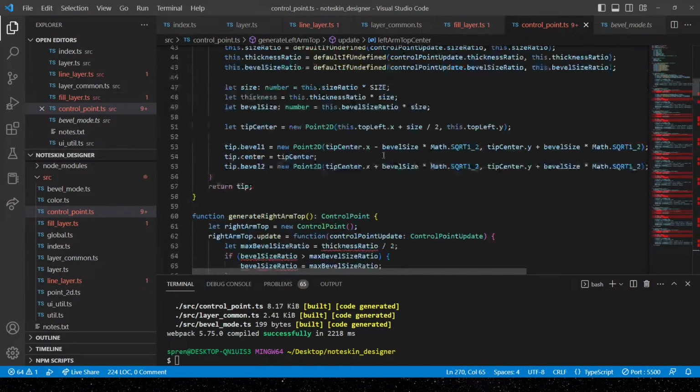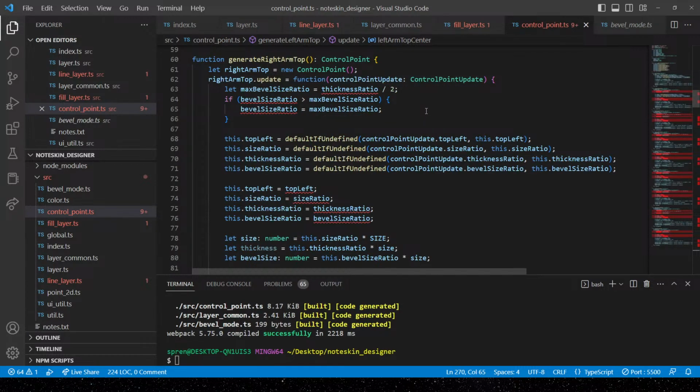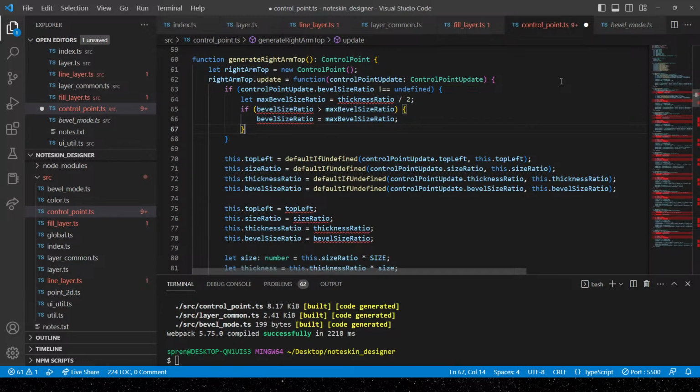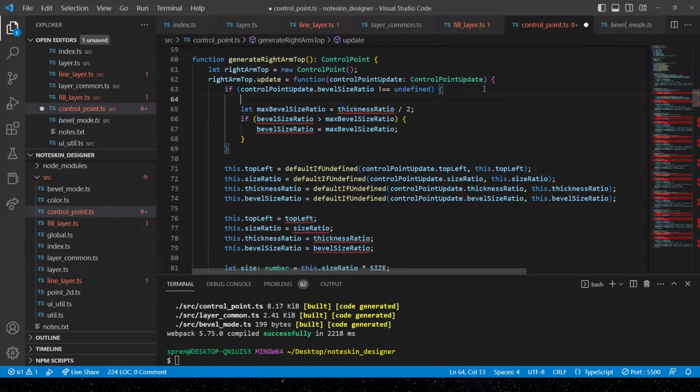Okay. Now the validation. We say if control point update dot bevel size ratio is not undefined, then we validate it and change its value to a value that would be valid. It's dependent on thickness ratio. So we say the thickness ratio